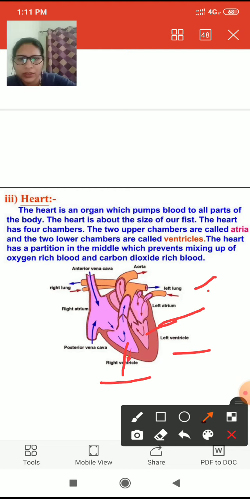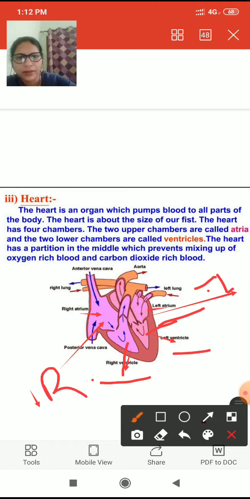The right atrium is this part, and left atrium is this part. This is the right part of the heart, and this is the left one. So I think you understand the